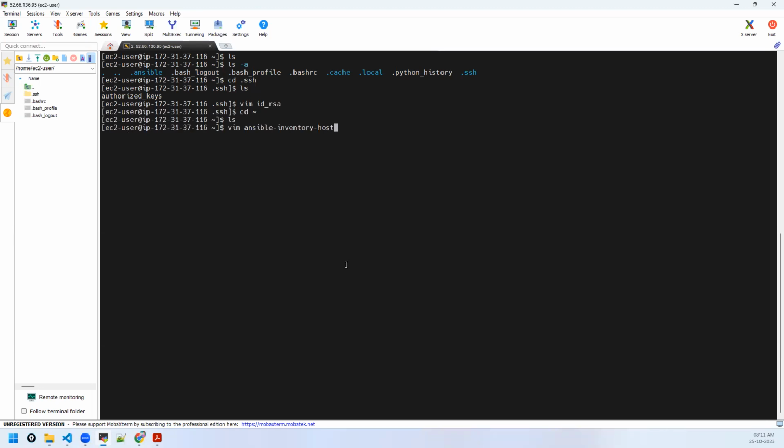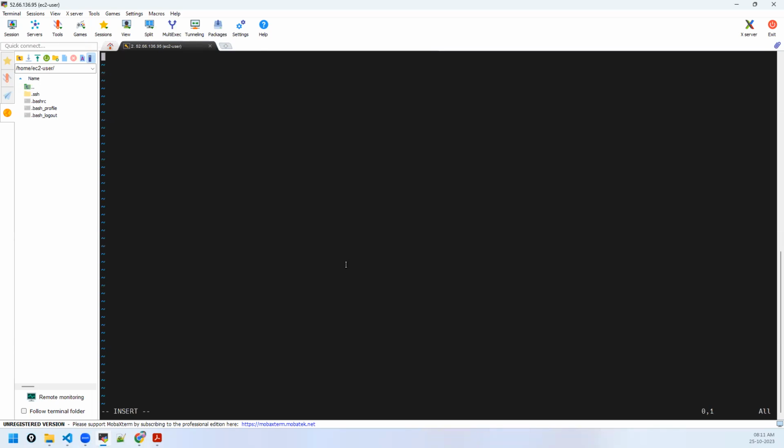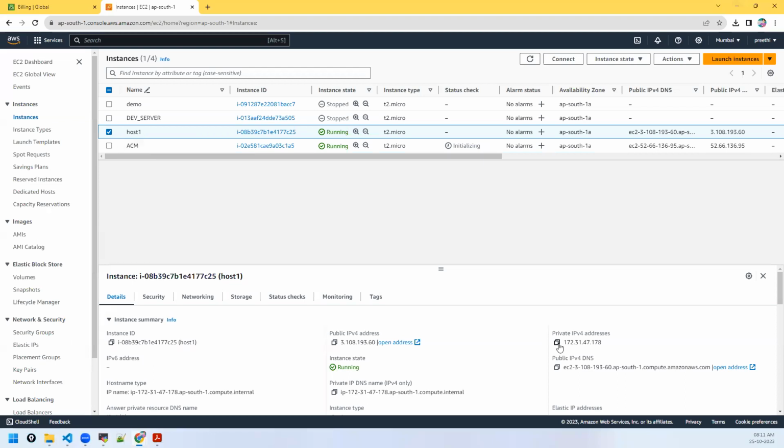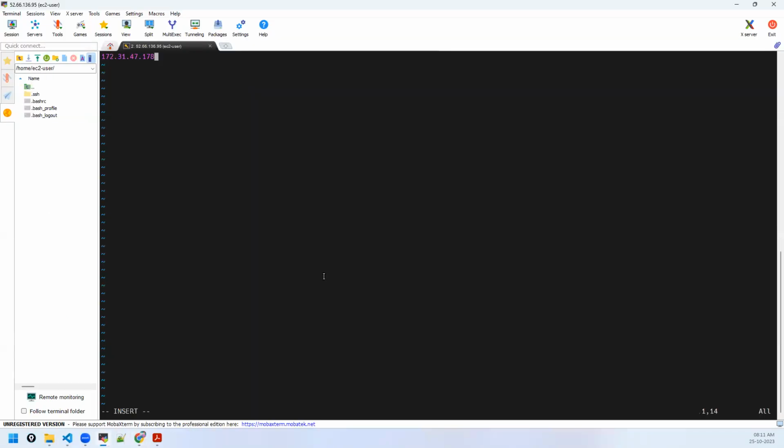Okay, let's say host details, whatever name you give. Here you can put the IP address. Two instances are communicating, right? Private IP you can use, the private IP of the target. And the key you have to provide, with what key it has to connect. ansible_ssh_private_key_file is the variable you can provide for the key. It is available in the home directory in .ssh/id_rsa. id_rsa is the private key. Also, with what user you want to connect. We were connecting as ec2-user. So this is what you have to provide.